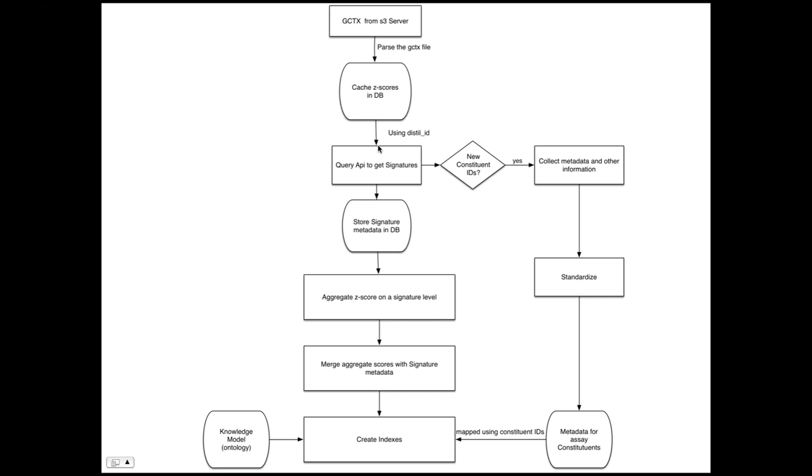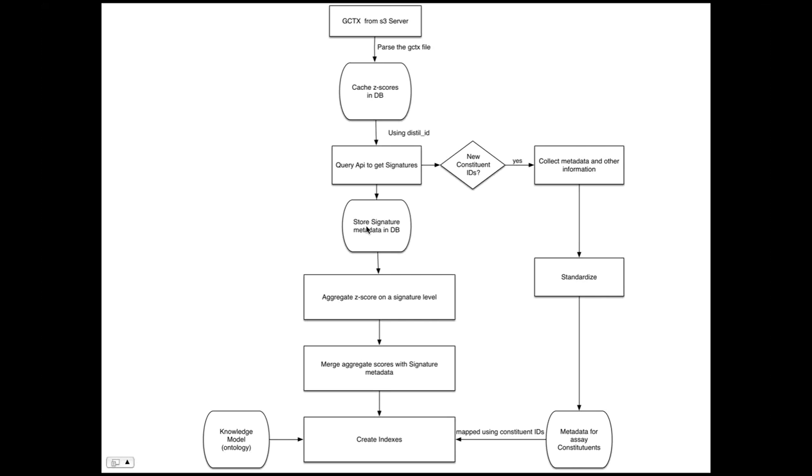And then when we get a new signature, we also try to see if there are any new constituents that are not in the system. So we go there and collect the metadata for that constituent, standardize it, and save it into